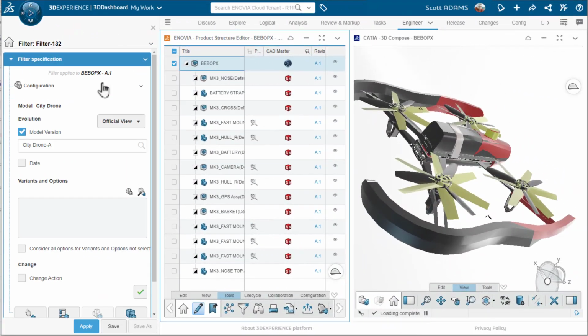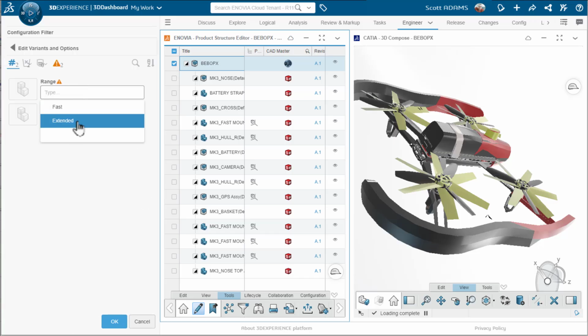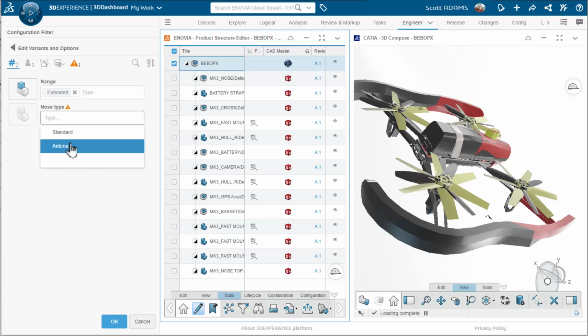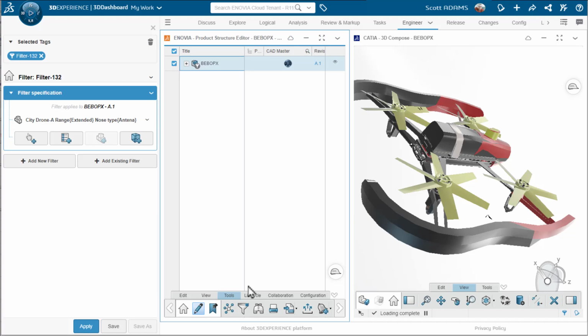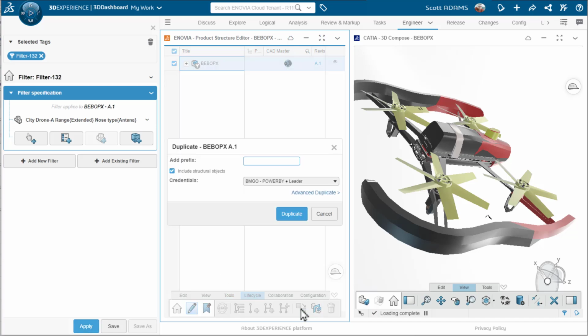Do you work with configured designs? In a world of increasing demand for tailored products, the 3D Product Architect role can improve your ability to develop modular designs based on established variants and options. Start with any configured product as the source for a new variant, or derive a specific configured-to-order product.